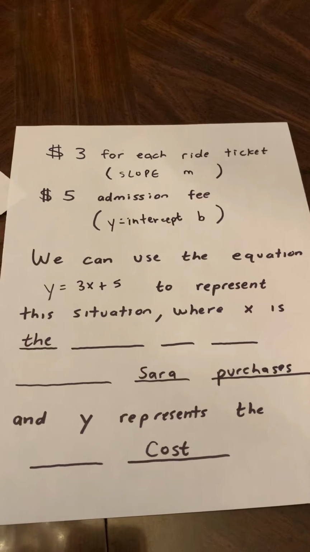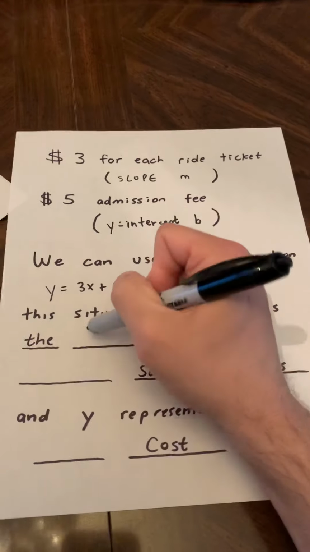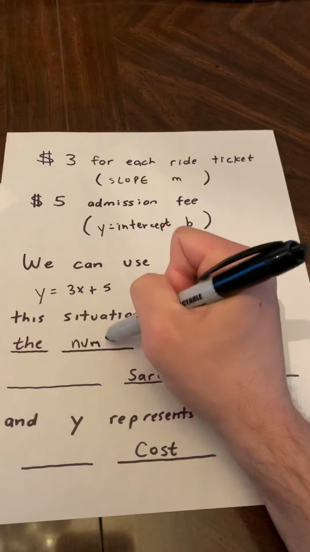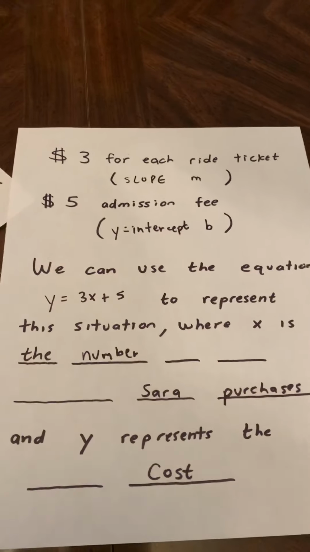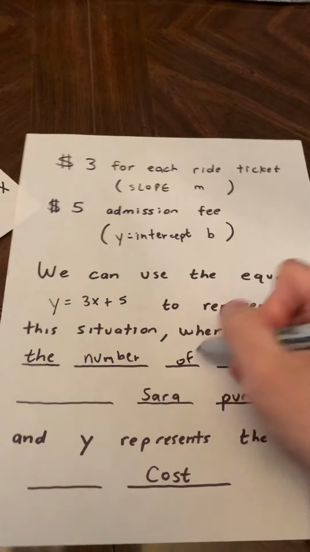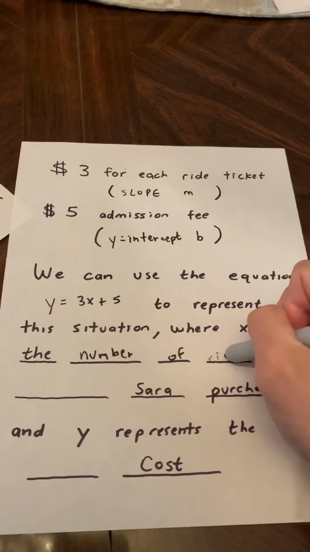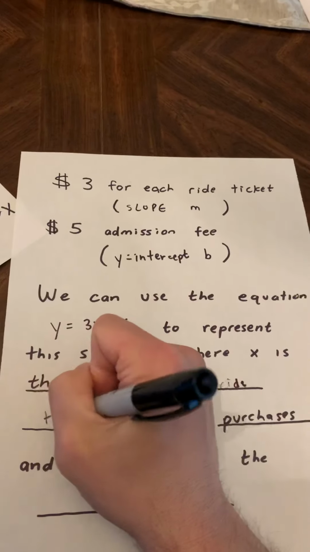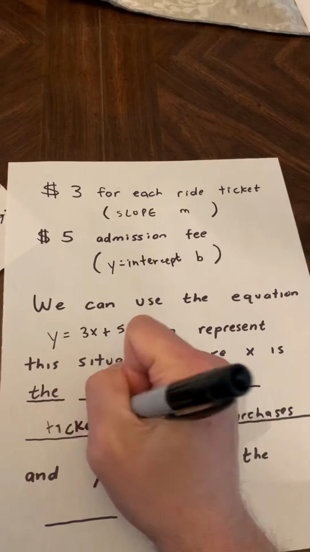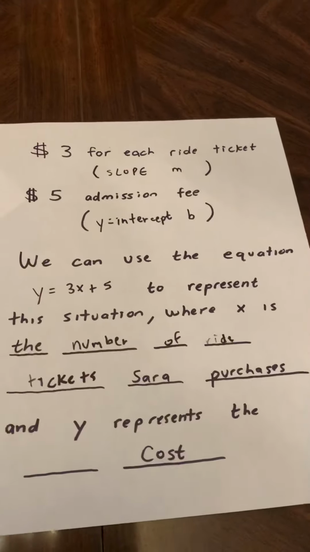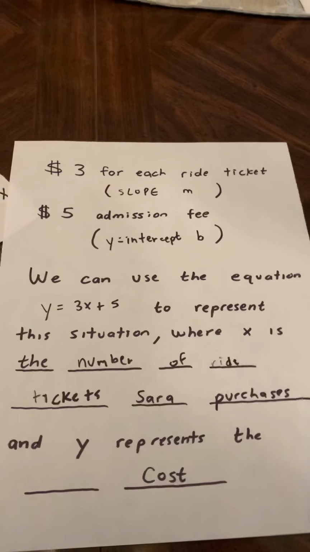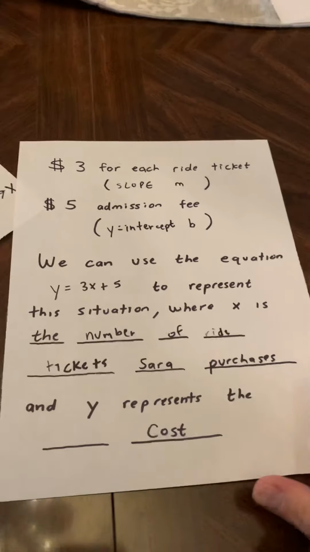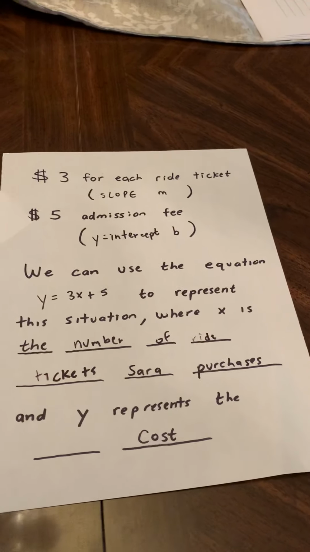And in this situation, x is the number of ride tickets Sarah purchases, and y will represent the